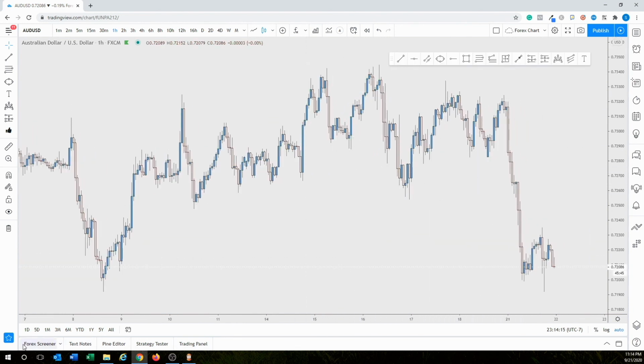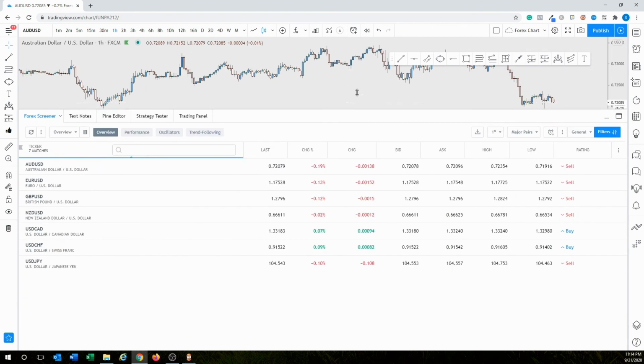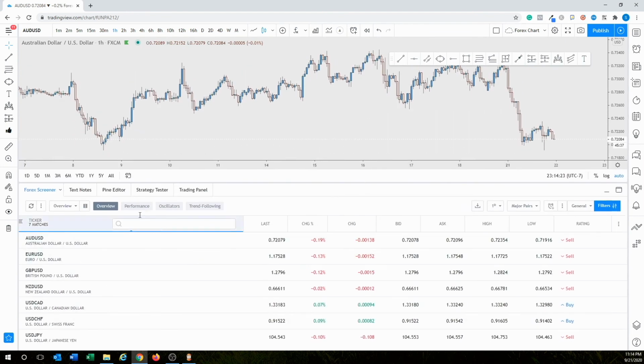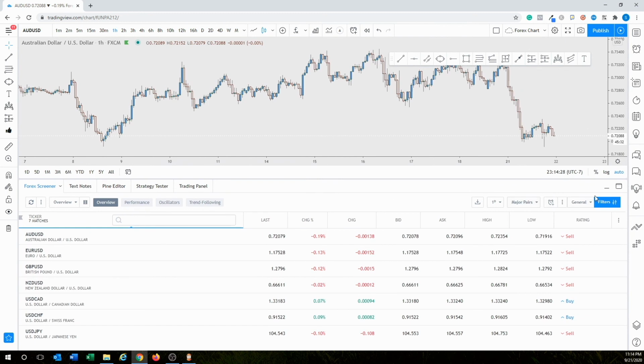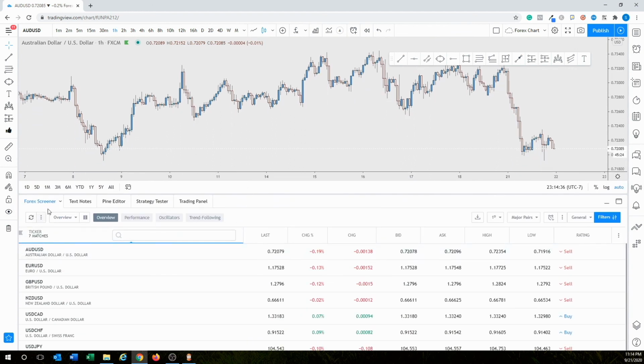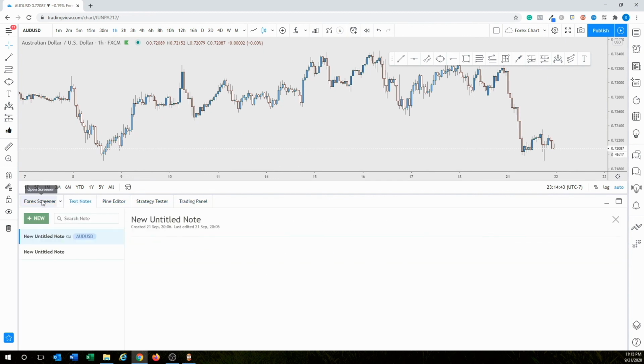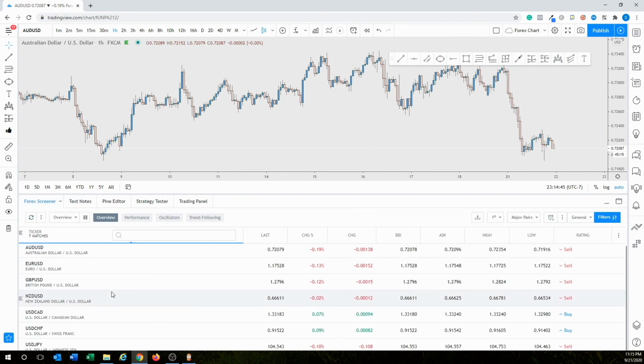And then there's this bar at the bottom here, Forex screener. You can slide it up and down. Sometimes if you hit one of these, it'll pop open this and you're like, how the heck do I get rid of it? There's a little minimize button here, so you can just minimize it. And you can also drag it up if you want. Forex screener is really the only tool we use here. This is more for coding. Coders use this section here. But Forex screener,